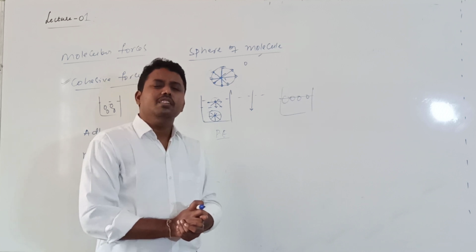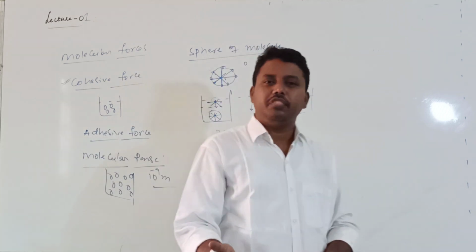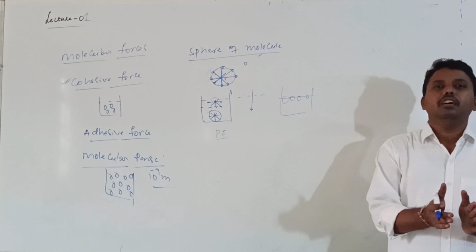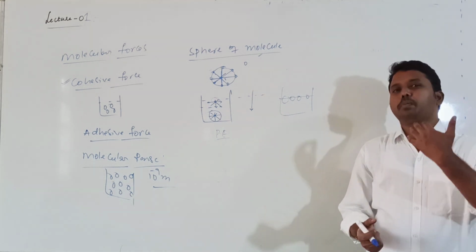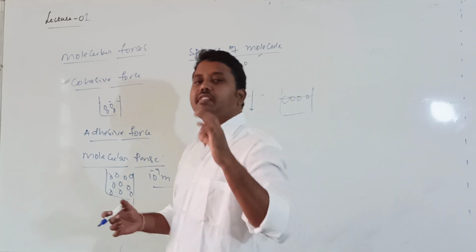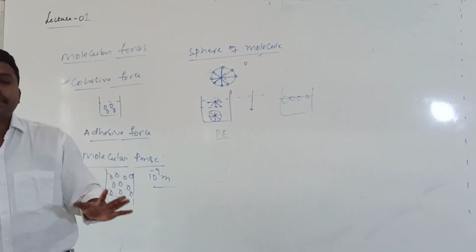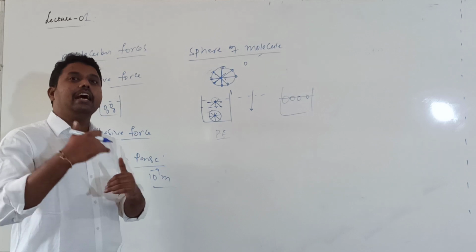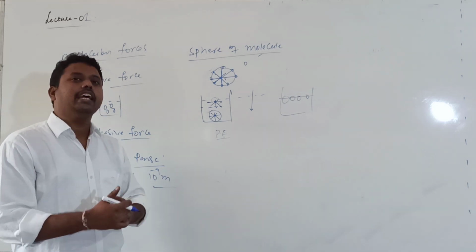So are you getting it? That is a process that will take place by itself. No one will guide the liquid to take the molecules inward, because of the inherent property. So the molecules are pulled inwards. Because of that reason only, the free surface of the liquid will act like an elastic membrane. Are you getting it? Like a rubber band.